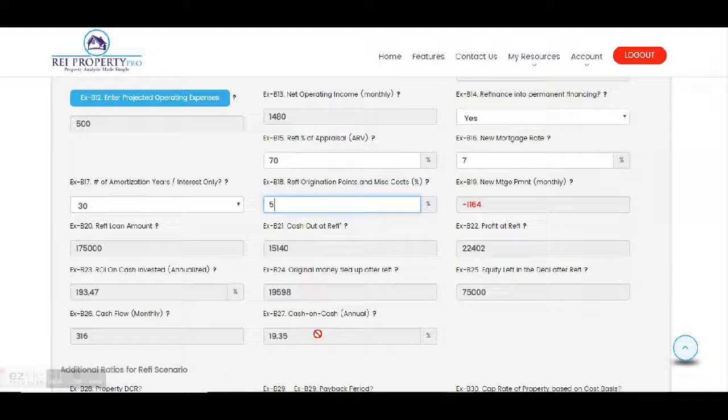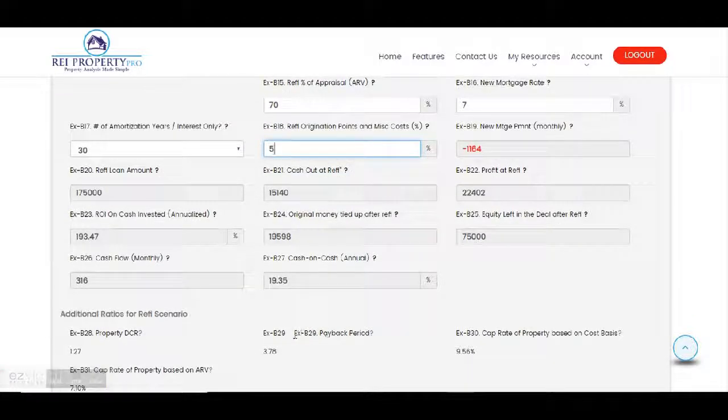And this is the percentage based on the cash that you have spent on the deal. Then we will see any money that's tied up into the refinance, any equity that's left in the deal, and we can go down to